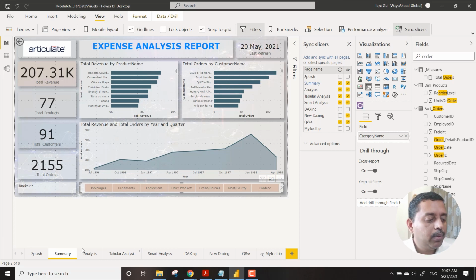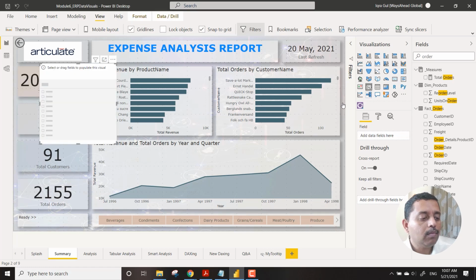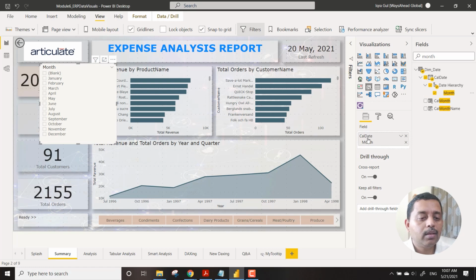So take an example. Now I told you that we have this space available with us. I will show you the utilization of this space now for this same kind of slicers. So I bring in a slicer over here, a small slicer, and then I bring in month. So we have month over here, and we know the date hierarchy month, and we bring in month over here.